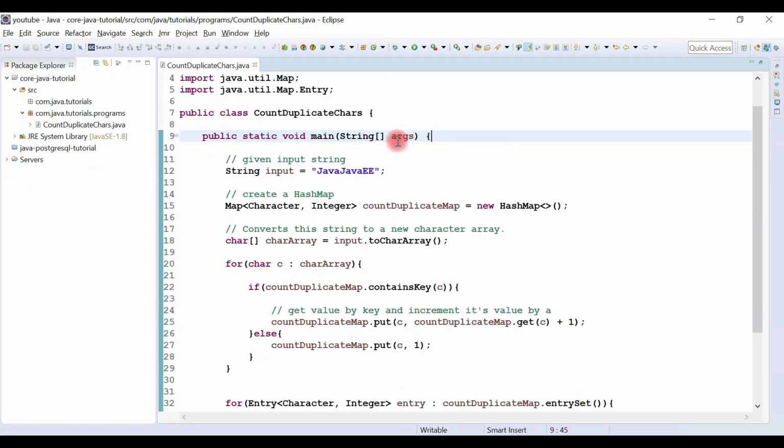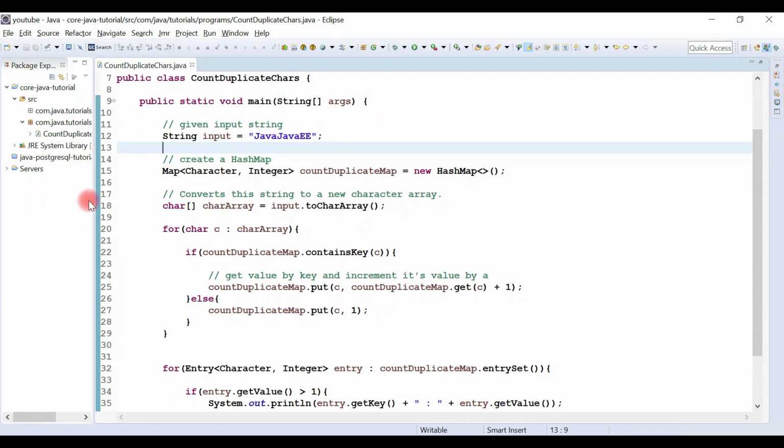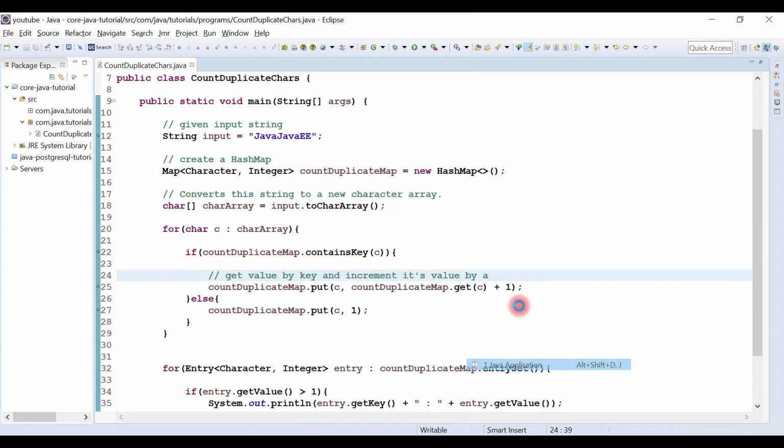Now let's debug this program and trace the logic. Let me keep some breakpoints here. I will keep a breakpoint here, here and here. In order to debug this program, right click, Debug As, Java Application.